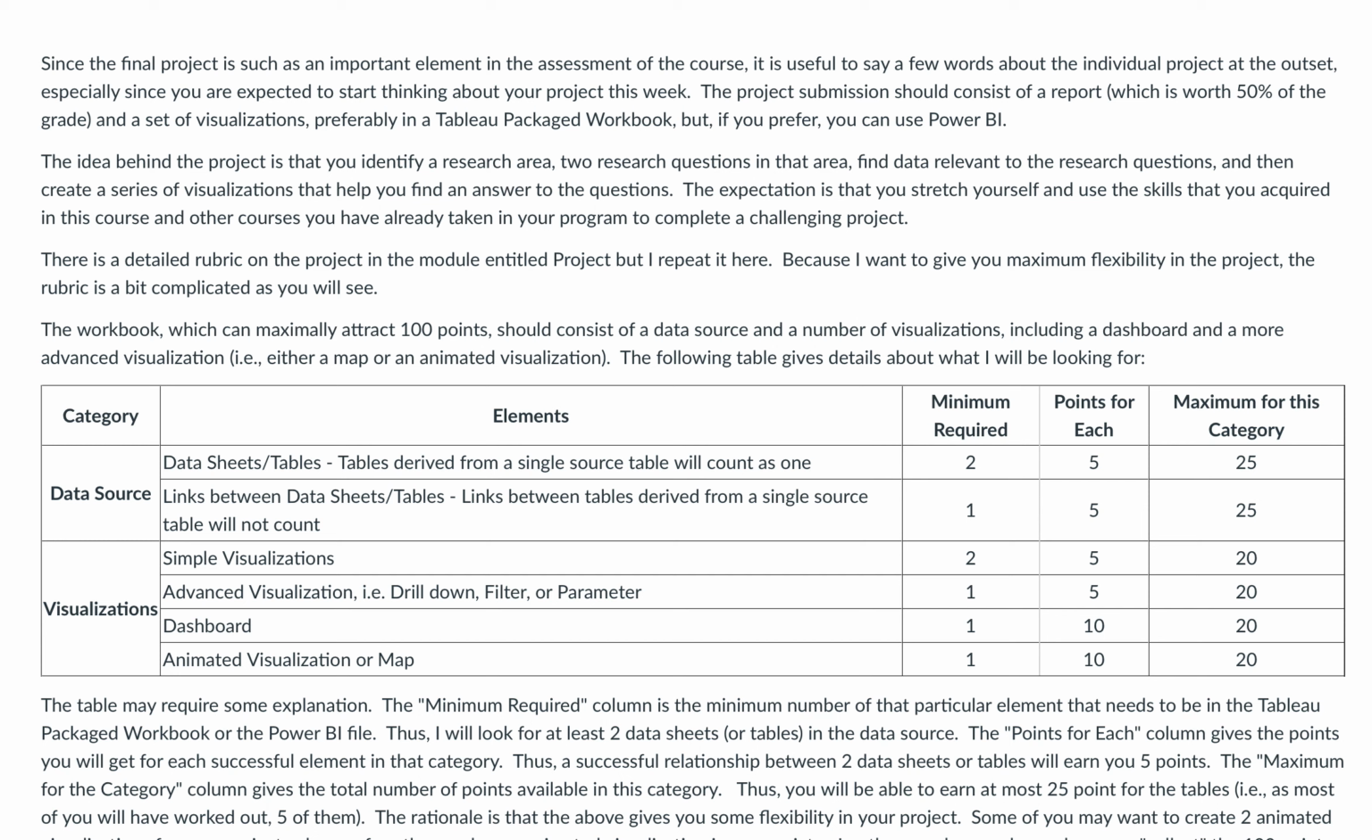Final project is such an important element in the assessment of the course. It is useful to say a few words about the individual project at the outset, especially since you are expected to start thinking about your project this week. The project submission should consist of a report, which is worth 50% of the grade, and a set of visualizations,